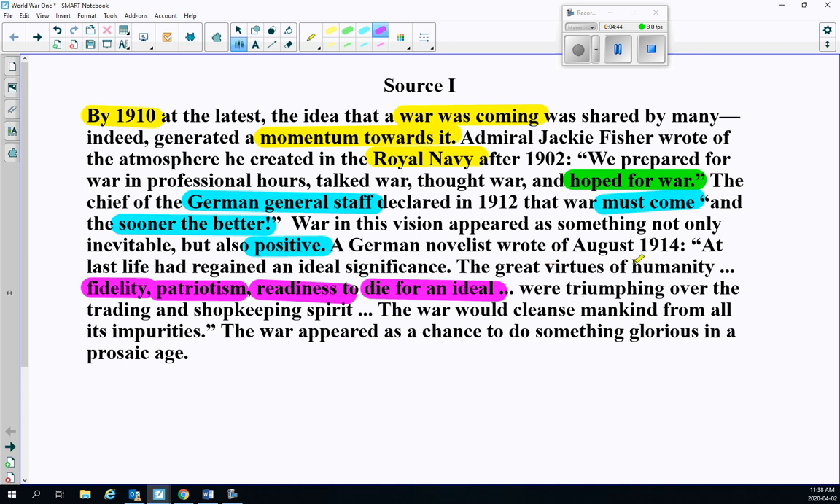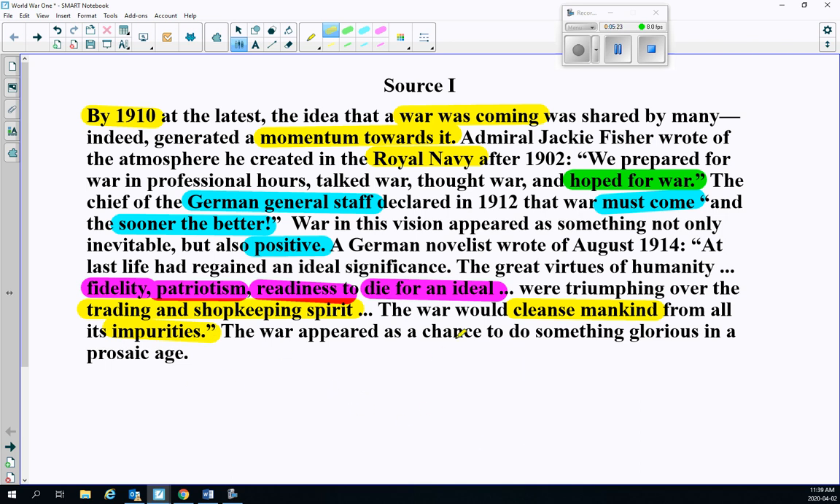And so these new virtues, these virtues of fidelity, patriotism, and so on, are triumphing over trading and shopkeeping. In other words, to this person's thinking, Western Europe had fallen into a lackadaisical pattern of acceptance of a day-to-day meager existence, trading and shopkeeping. All people are worried about is profit, making money, going to work, running your store, running your business, and so on. According to this author, this war would cleanse mankind from all of these impurities of drudgery, of boredom, of